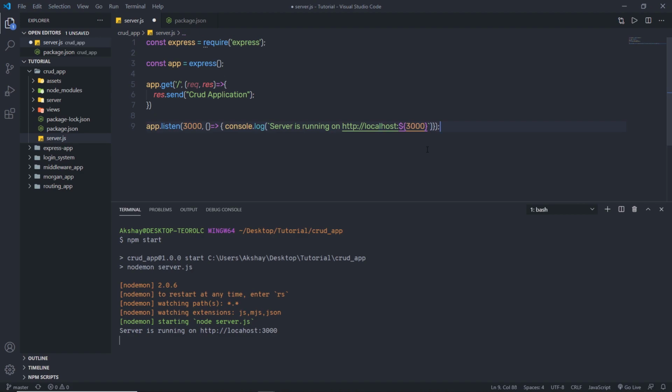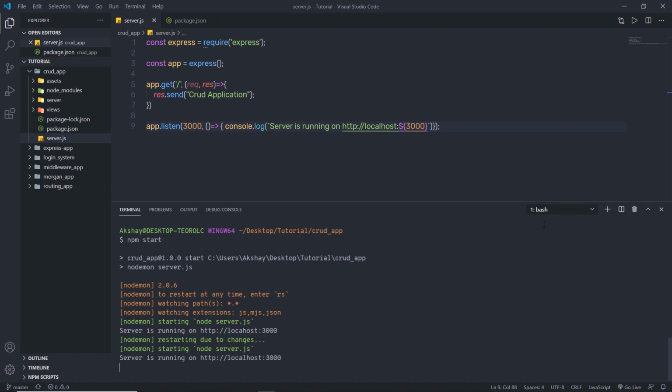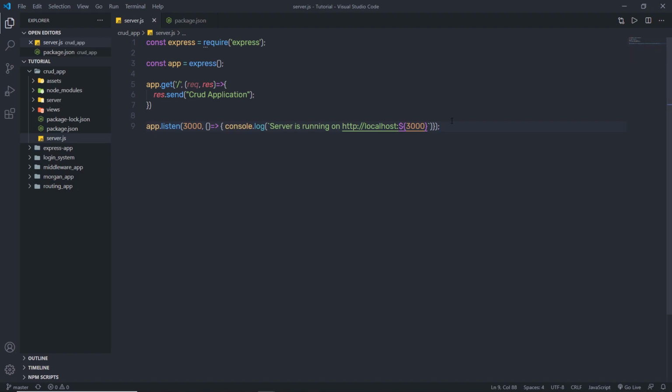I misspelled the spelling localhost. Save the changes. Let me just click on this link, and as you can notice, we're going to have a CRUD application as a response. Now once your server is successfully started, let me make some changes inside this HTTP